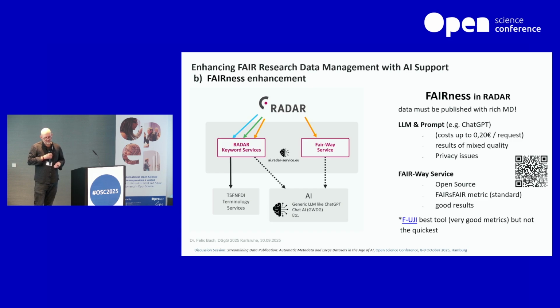This is an open source software that you can easily install, and it uses the FairSphere metric. This is a standard for evaluating the fairness, and we saw quite good results with this tool. It really gives you sort of live feedback, how good the fairness is, not only as a number between 0 and 1, but also how good you are in the F part, or especially in F1 and in A and so on.